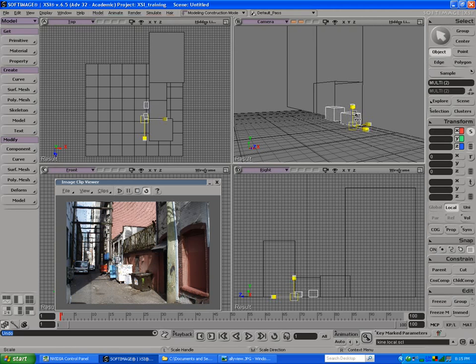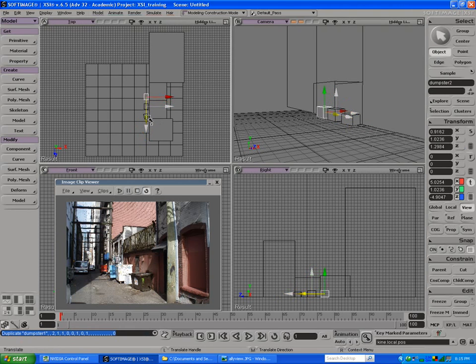So just looking at that, good there. Okay, so take this one here, Control D, and duplicate it just for that blue one there. Just rotate it a bit, and we'll move it a bit. So we can see very quickly how we're blocking out